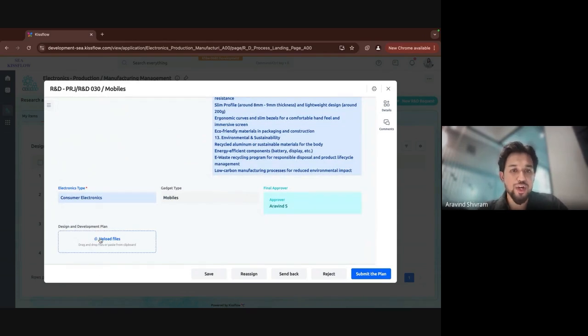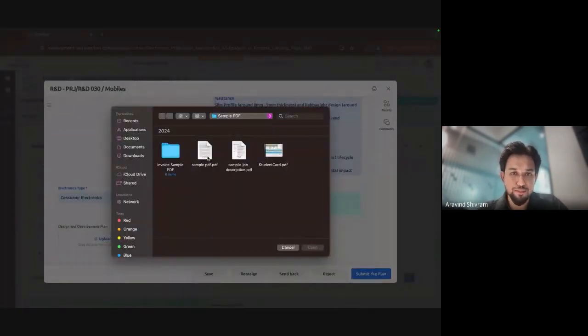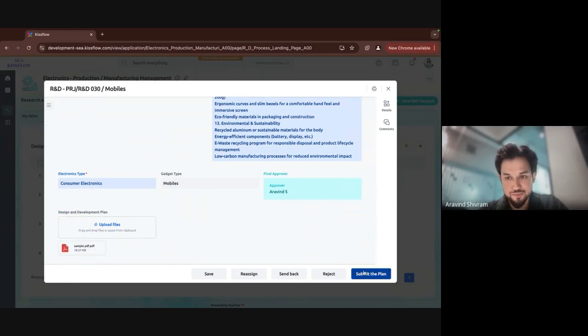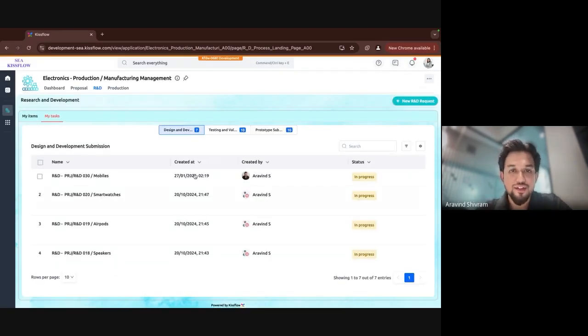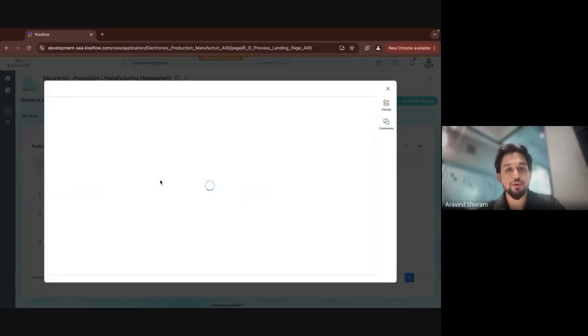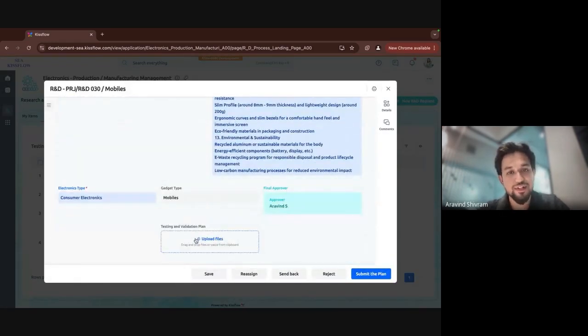I quickly go ahead and upload a simple document, which is a design and development plan. Likewise, documentation has to be provided for the testing and also for the prototyping. So let me quickly upload those documents as well.